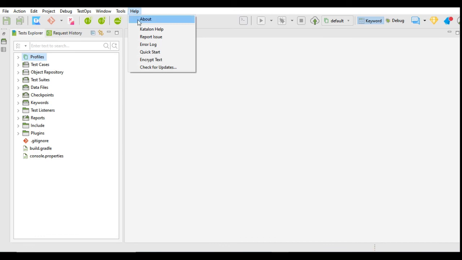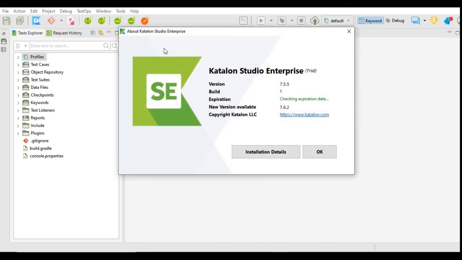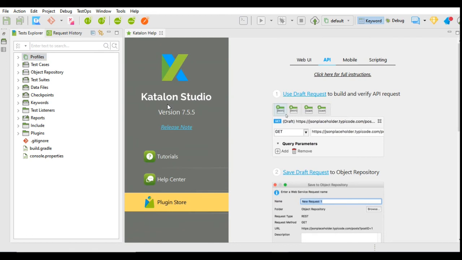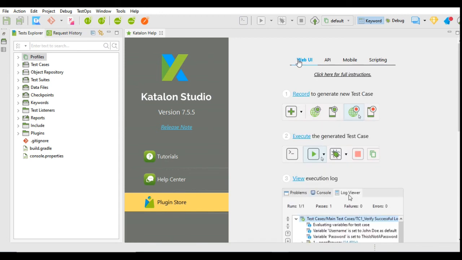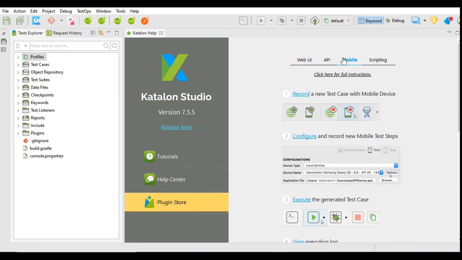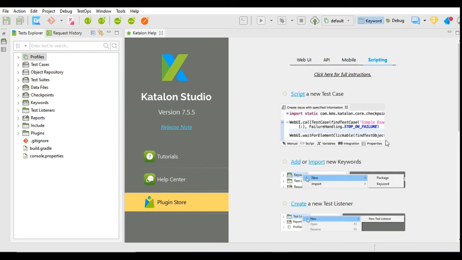In the Help menu, you will find the About menu, which will give the information of the Katalon Studio which you are currently using. The Katalon Help menu will provide you this help wherein you can go to the tutorials or help center. You can check the basic details about web UI testing, API testing, mobile testing, scripting over here.